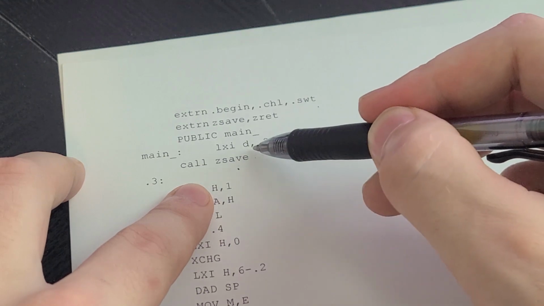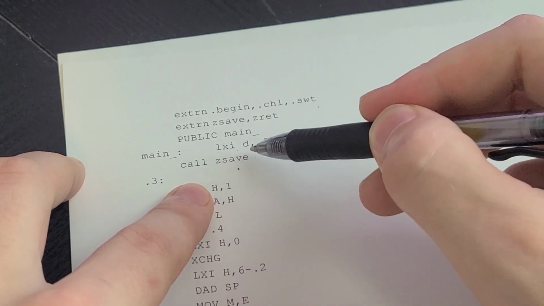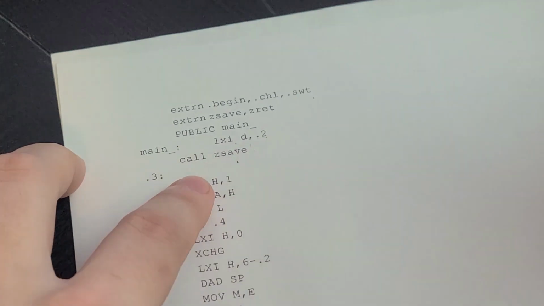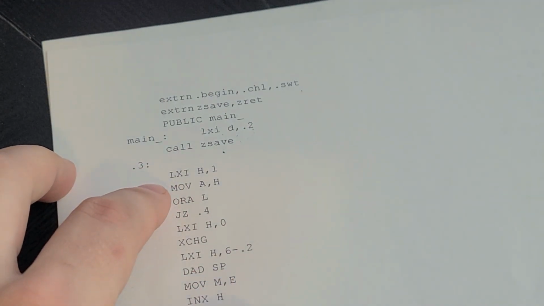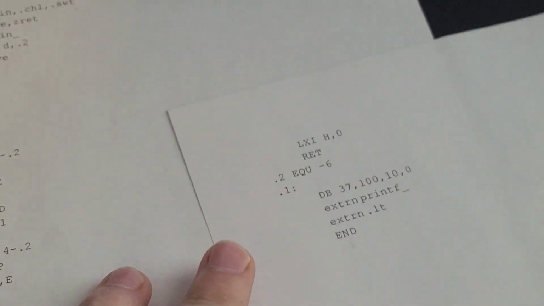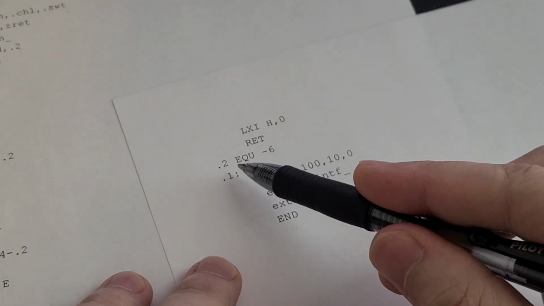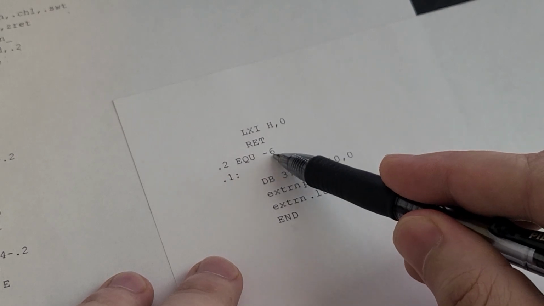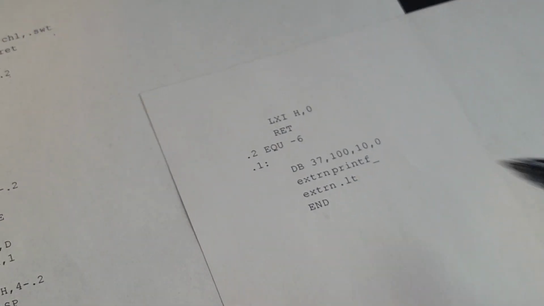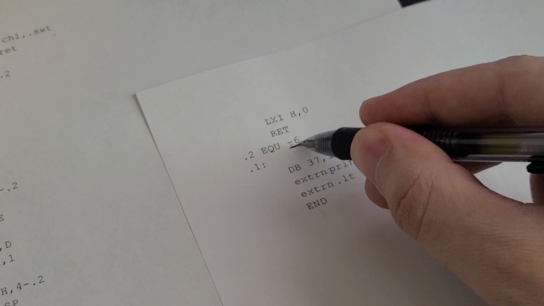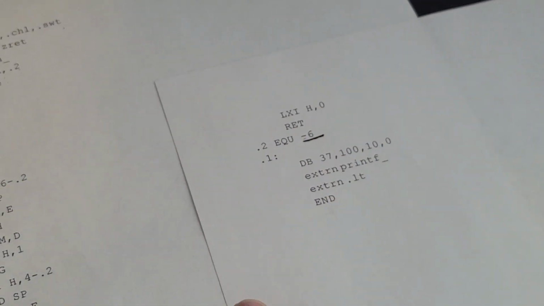Anyway, first it says LXI D, .2, and .2 is way down here at the bottom. .2 equals -6. Now, what is this -6 here? Well,